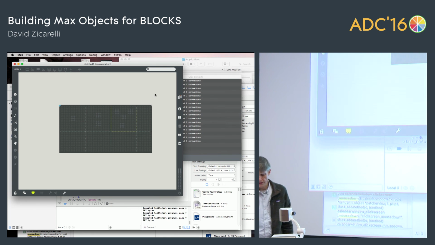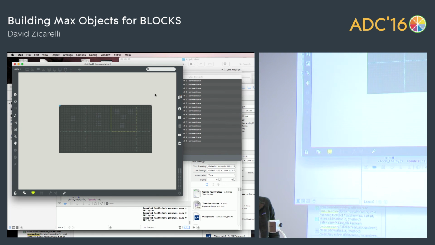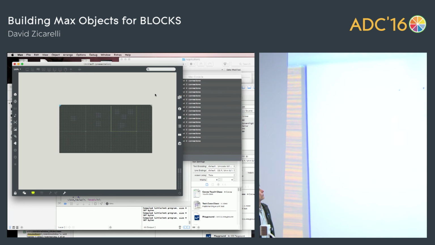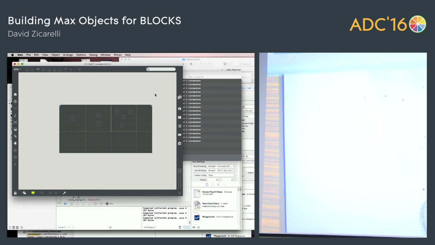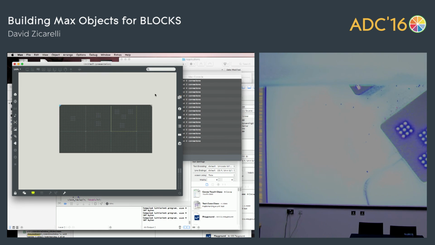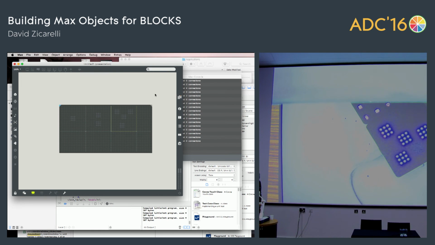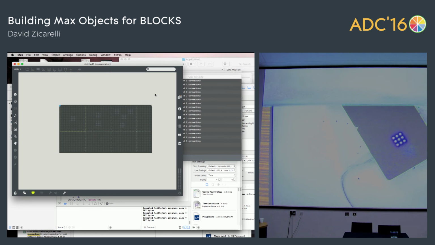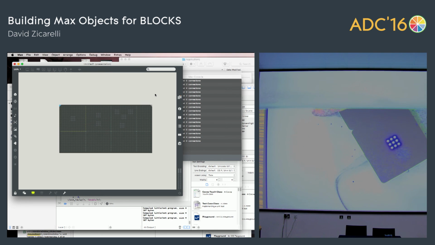Okay, so now let's see if it actually works. So let's put this camera on. So what should happen is when I connect this, it should magically just have one box on the screen. Yeah, it works. And then if I move it over here, there should be 2 boxes and 3 boxes, or 4, right?